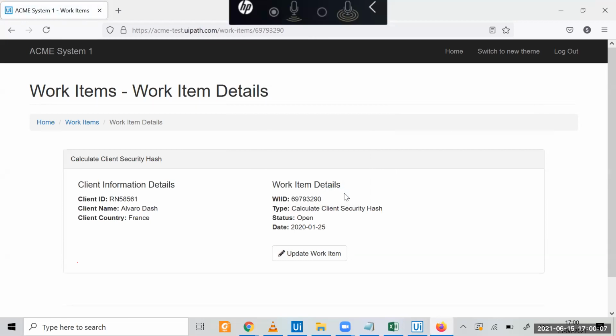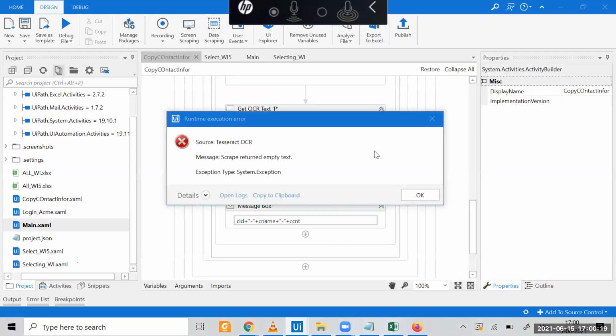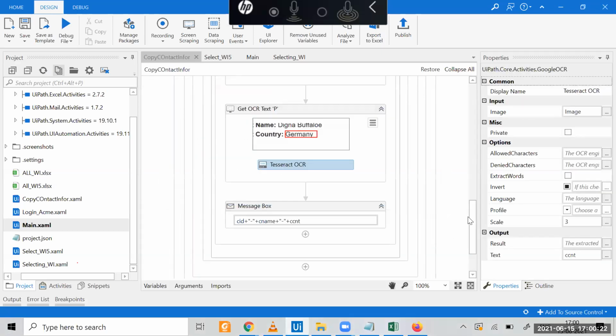In the last class, we did data tables. So, is there any way to store all these things that are coming in the message box in a data table? Yeah, that's the task for you. So this is coming as 3 different variables, right? CID, CNAME. Can you build a data table out of it? Once you make the data table, it is much easier for you to put that value.